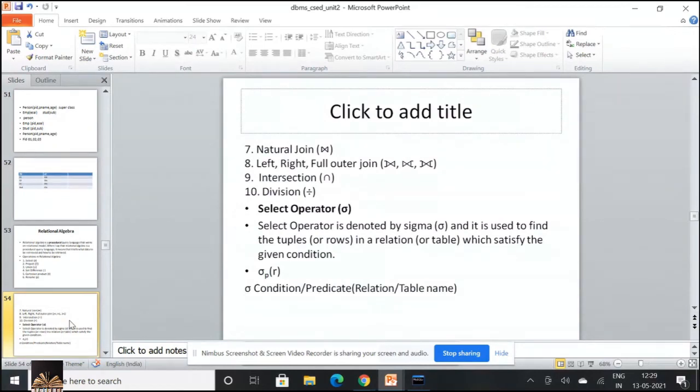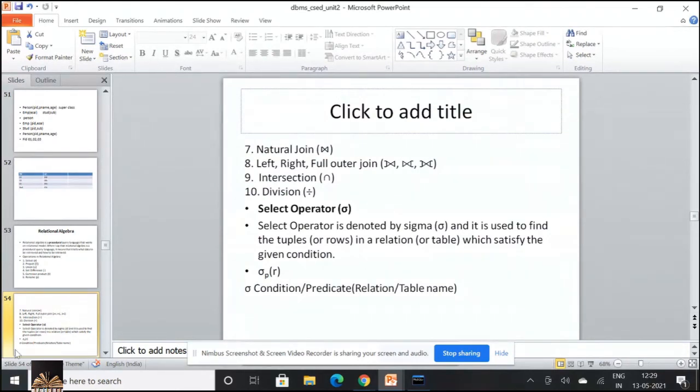Now talking about the first operator, the select operator. I told you it is denoted by sigma and it is used to display a set of tuples in a relation based upon satisfaction of a given condition.